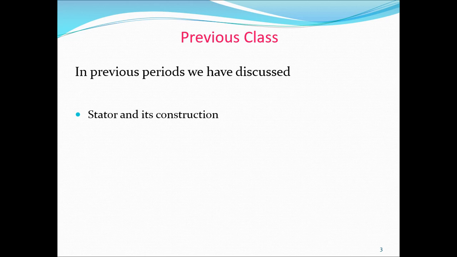What is the stator? The name only says it. The part which is stationary is called the stator. The outer surface of the synchronous motor is a stationary part and it is called the stator. And the rotating part which is there on the shaft is called the rotor, the rotating part. So what does the stator contain? The stator contains the stator frame, stator core, and stator winding.